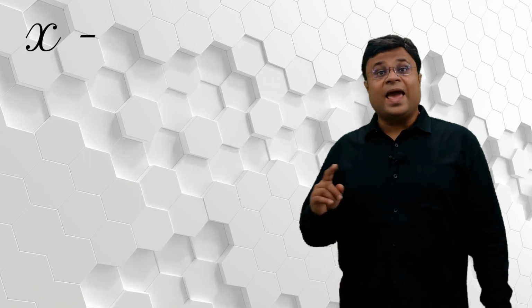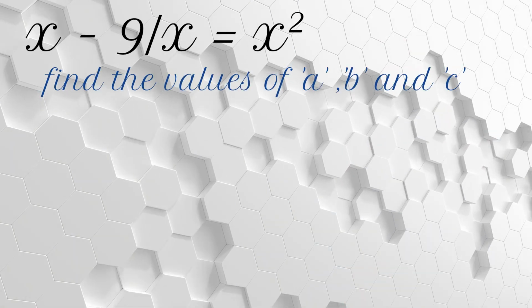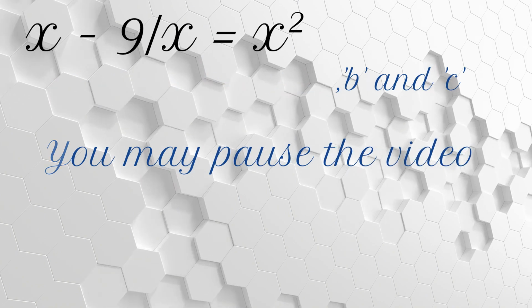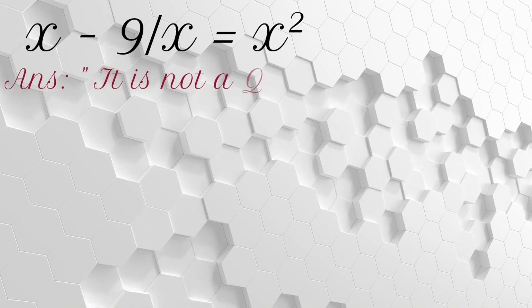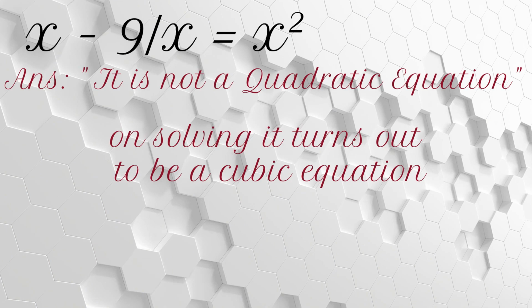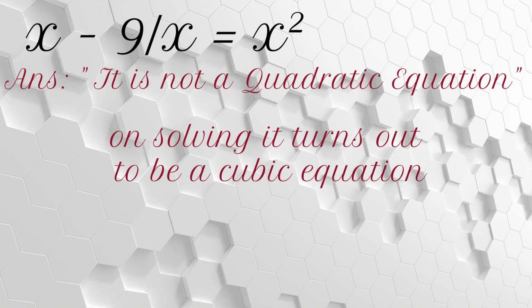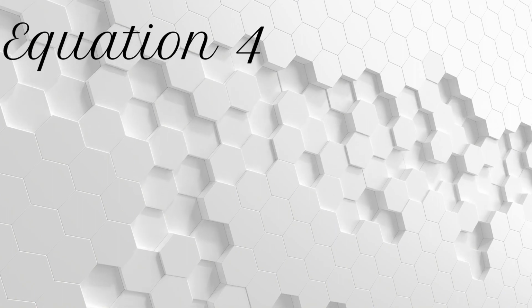So the next one, x − 9/x = x². Next one is 2x² − 4x